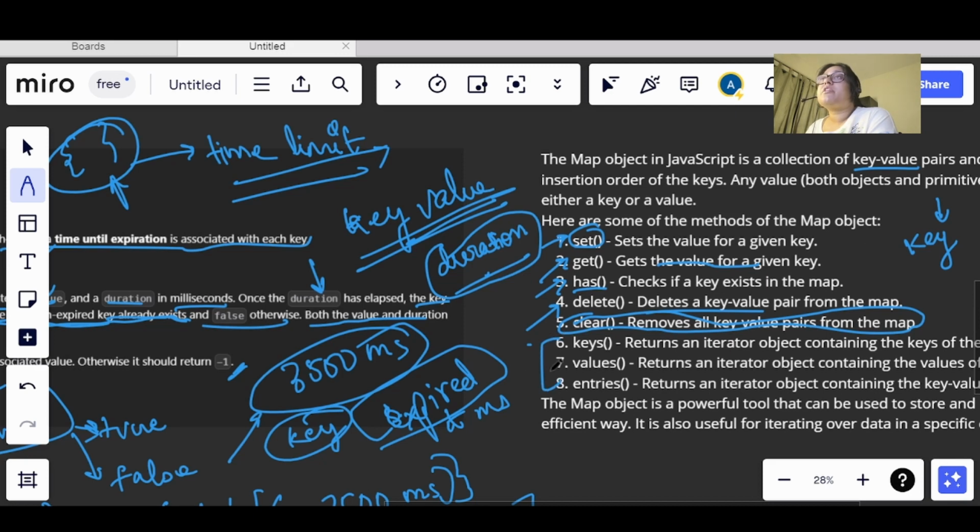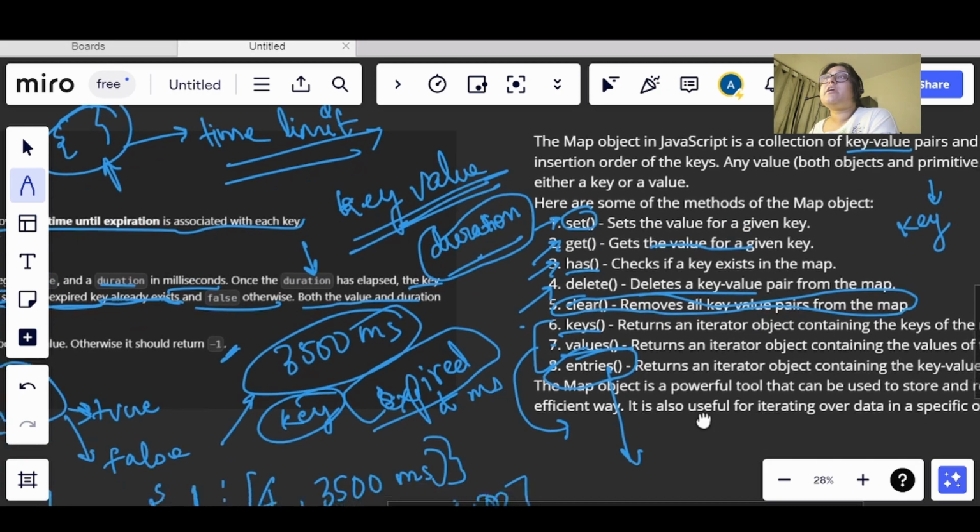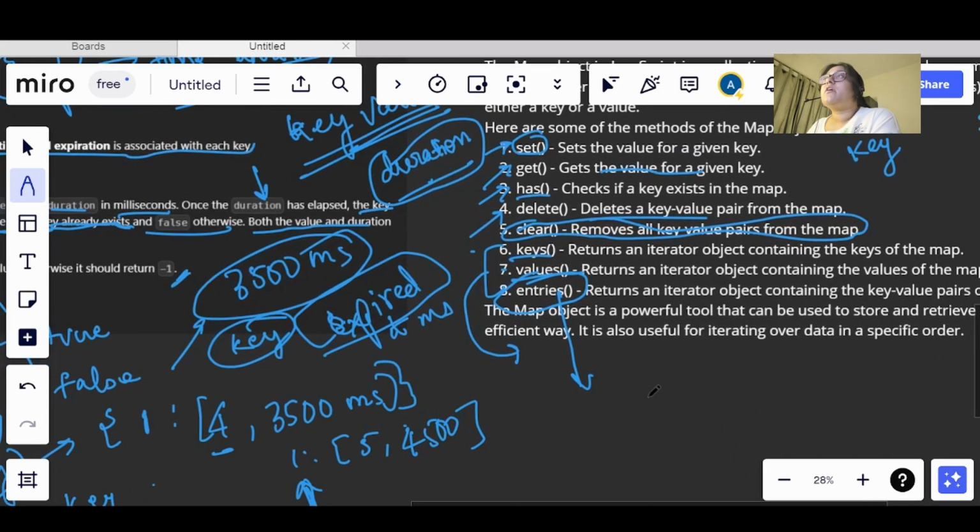And we have these 3 methods here. As the name suggests, keys will return all the keys from the map, values will return all the values from the map, and entries will return all the entries, that is the key value pairs, from the map.